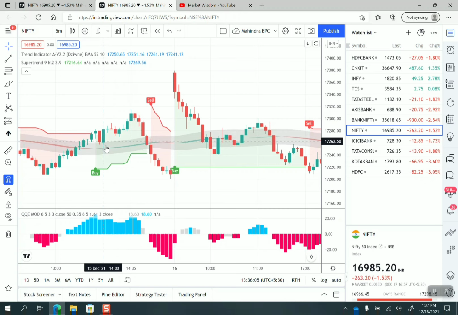So let's see how many points of move it has given. If we consider we have taken a trade at 17,260, from 17,260 it has given almost this top, 17,313. That's almost 50-60 points of move, and we can initiate a scalping opportunity in this case, where you can enter a trade with a small quantity or big quantity, depending upon your margin. You can initiate a buy side, and you can end your position once you get a good profit. So no need to wait until this end point, right? In scalping we can grab the small opportunities.